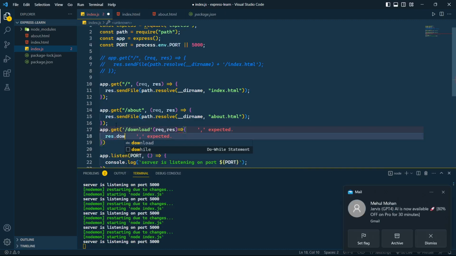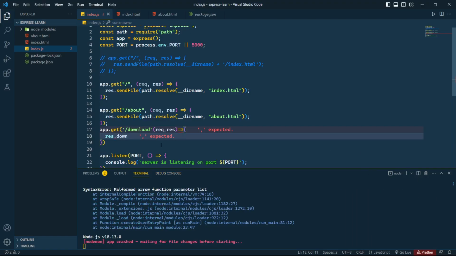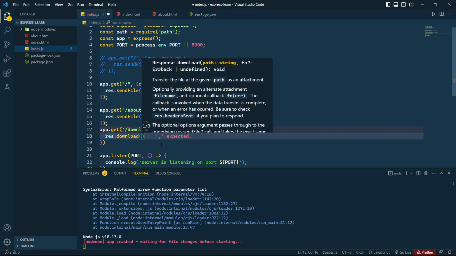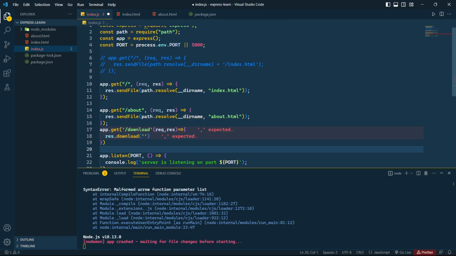Let's say, what kind of these. So we have an inbuilt method named download. So let's say we want to download the index.html file. Again, we need to copy this thing. You can download anything, but in this particular example, we are going to download the about.html page. Okay, for this example,